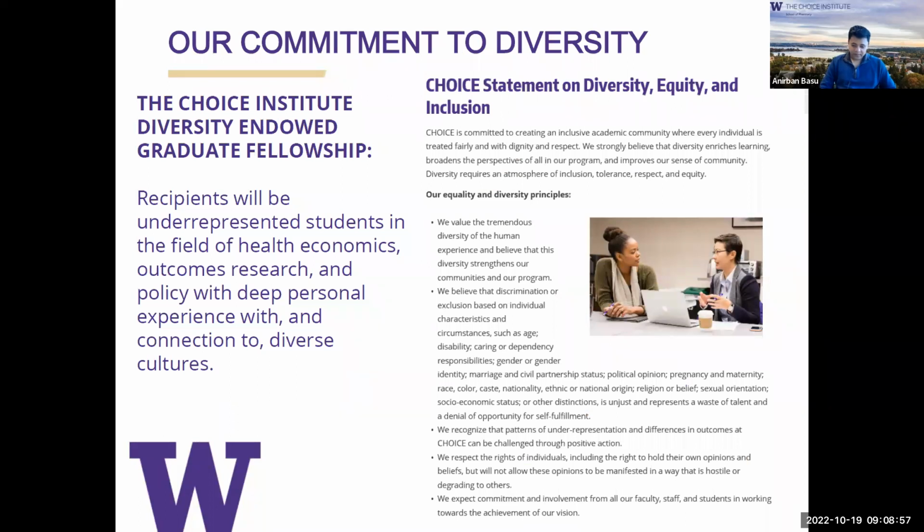One of the important features of our program and the Institute is our commitment to diversity. We have a clearly written mission on diversity that includes improving inclusiveness and acceptance across faculty, staff, and students. We invoke this mission for every decision, including the admission decision, and we strive to be as inclusive as possible. Next slide.